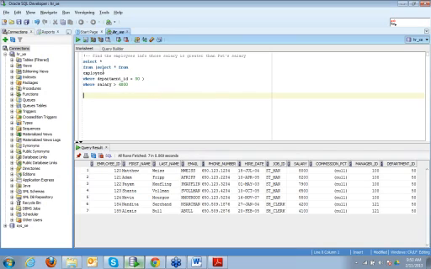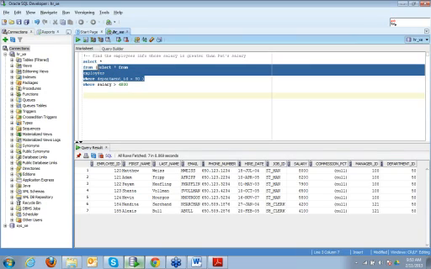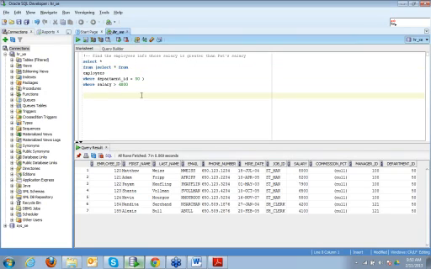As we have seen, there were about 45 rows for the subquery, and out of those only those have been selected where salary is greater than 4,000. So your subquery can be used instead of the table, or it can be used on the right side of the comparison operators. Okay.